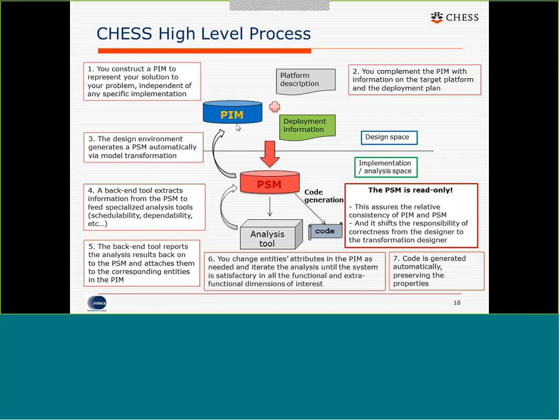So here we are at the level which is abstract from a specific platform implementation. In parallel, the user can describe the platform, so the hardware components where the software part will run. And we can also provide the deployment view. The user can provide the information about the software to hardware, to processing resources allocation. When the user specifies all this information,